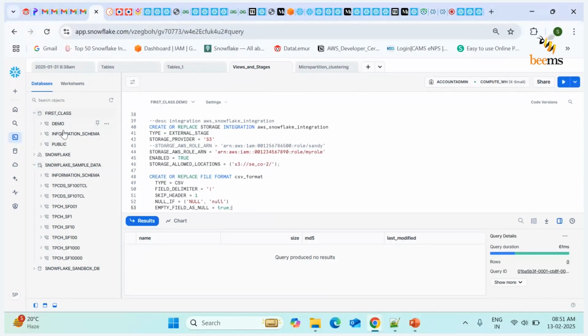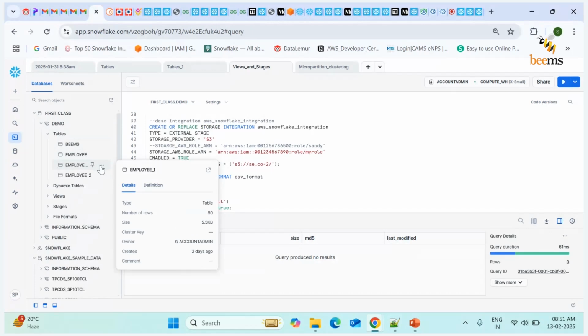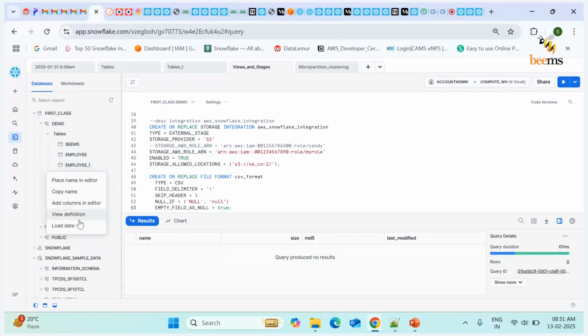So whenever I am loading any file, now see, if I load it into any table, the employee table. Okay, let's go to the employee table. If I load,